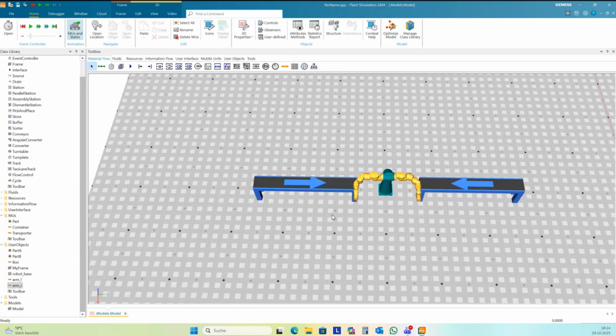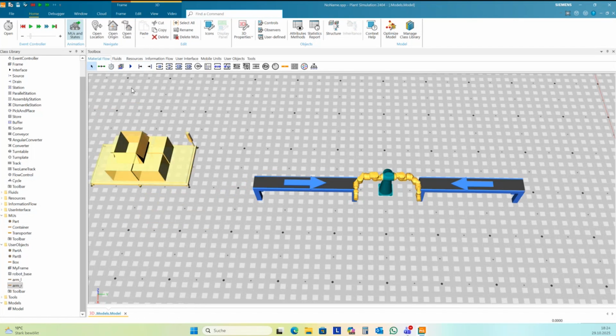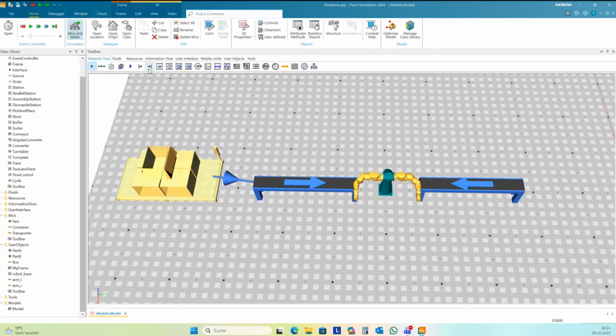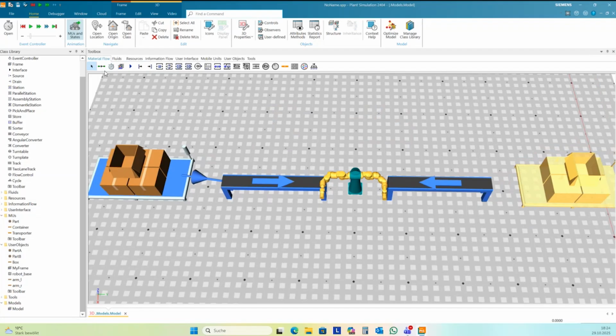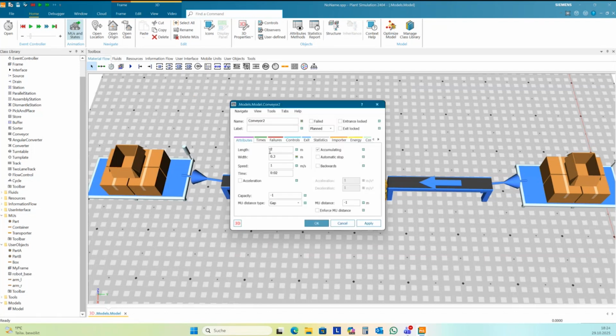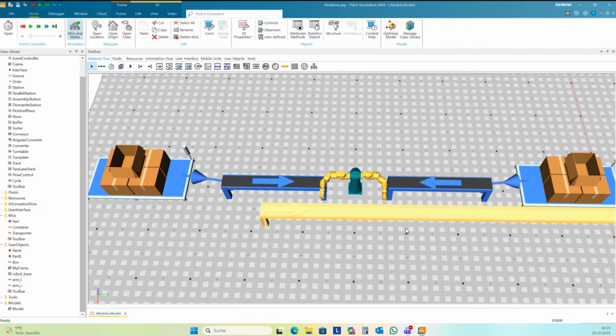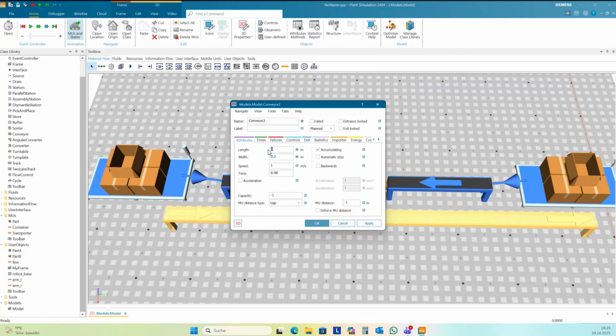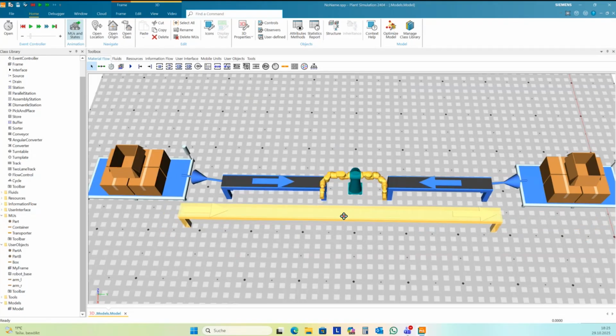So I need 2 sources, one source here for part A, a second source for part B. And then another conveyor here, 6 meters in front of the robot.